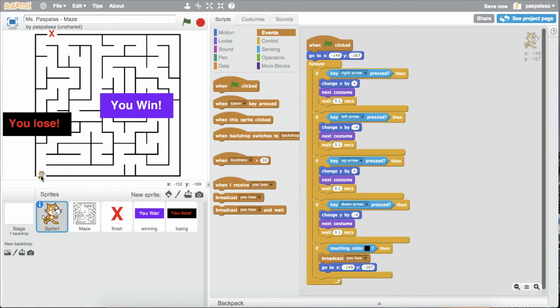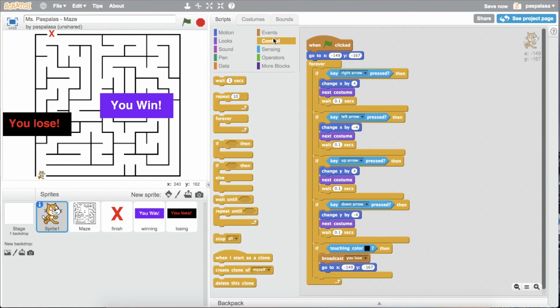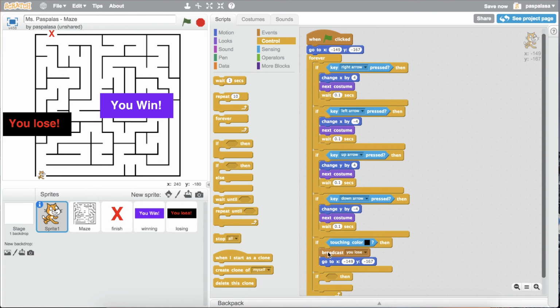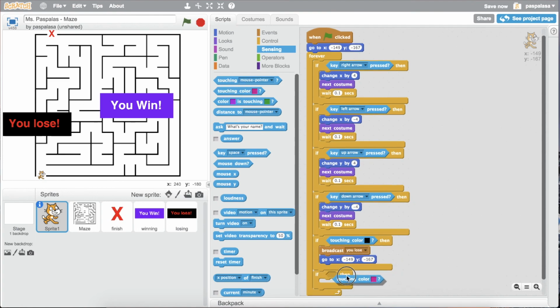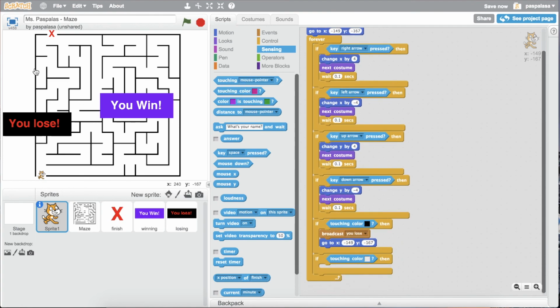So we program the you lose, but we still need to program the you win sprite to pop up when the cat reaches the finish X. So I'm going to go back to my cat script and I'm going to add an if then, still in my forever loop, but under the last if then. So if touching color black, we want to add our new if then after that. So if touching color red,